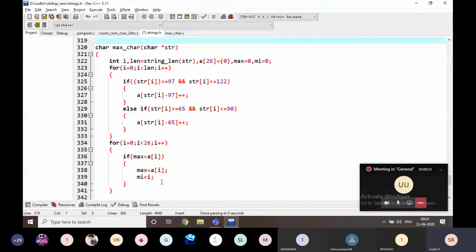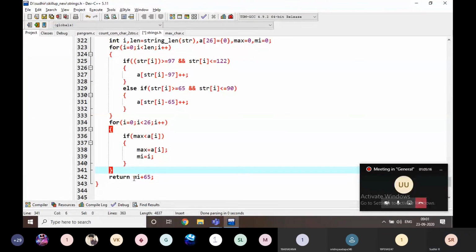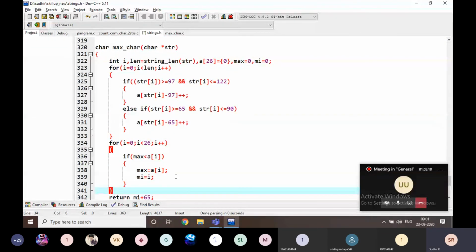Note down the function definition. Yes, note down it.